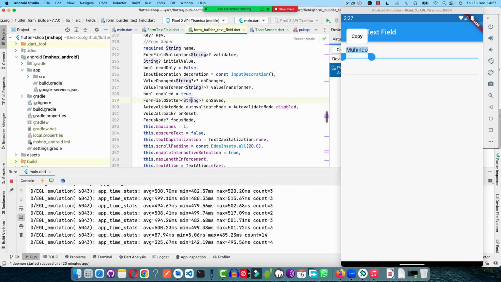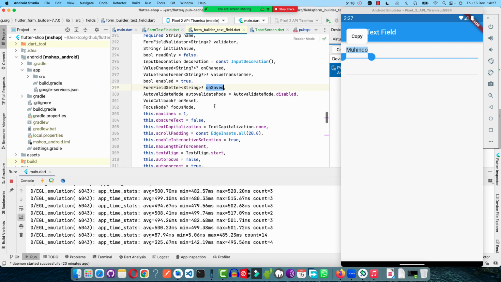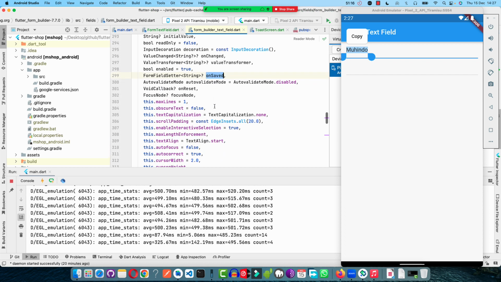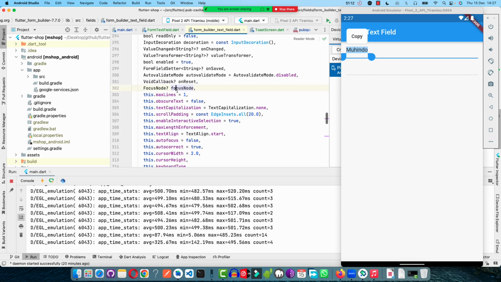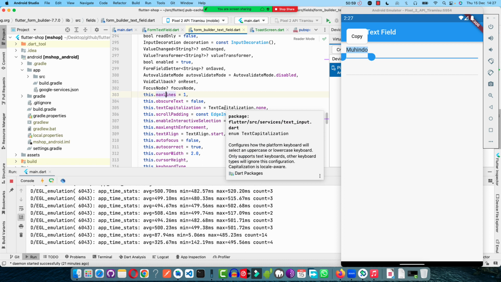Let us look at another one. This is onSaved. It's also a method that will be called when someone submits a form. Then we have focus node. Focus node, in case you want to tie this one on a focus, that in case someone changes something, you should be able to listen to it. Then you have max lines. Max lines is the maximum lines that you can allow on a certain input